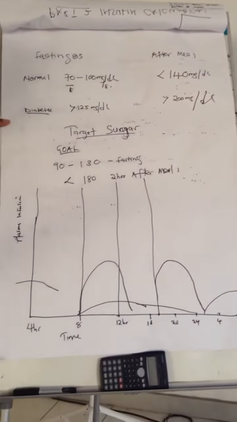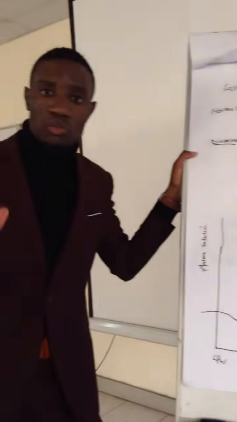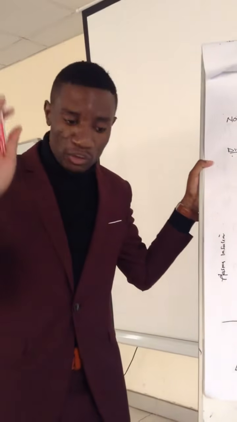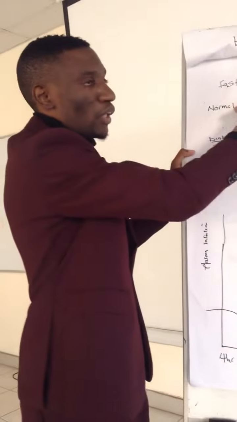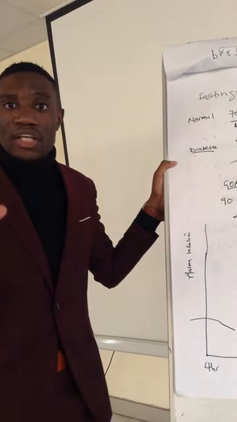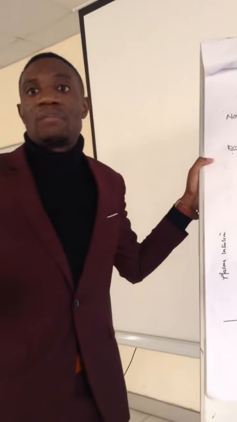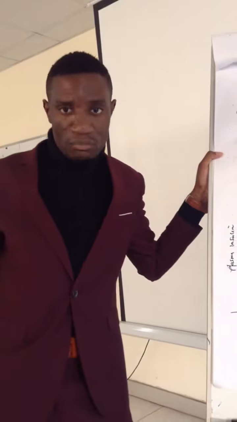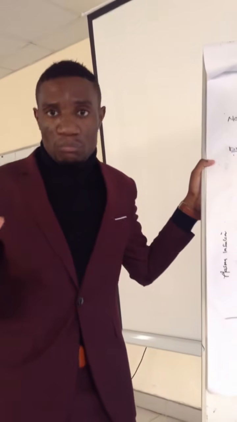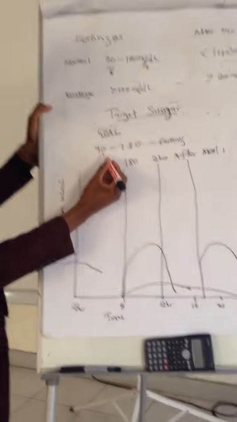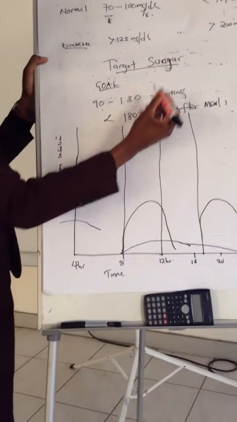Then this is what I want you to know: the goal of therapy of insulin use. For diabetic patients, we don't just rapidly reduce their sugar levels to normal. Our aim is not to reduce their sugars to normal people's levels, because we are concerned about them going into hypoglycemia, which is more lethal and delicate than hyperglycemia itself. So our target sugar levels for people who are diabetic should be in this range, 90 to 130 milligrams